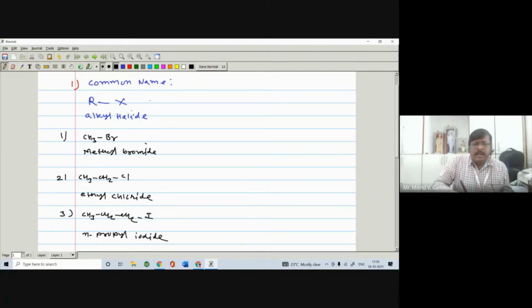Right? Now in the IUPAC nomenclature, in this way you can write the other name also. So one is the common name and the other is the IUPAC name. So in the IUPAC name, what do you do? We have to select the longest continuous chain containing carbon atoms, see how many carbons are there, and then write down the corresponding name of the alkane. That is the alkane, right? And depending upon the name of the halogen, you have to write haloalkane.